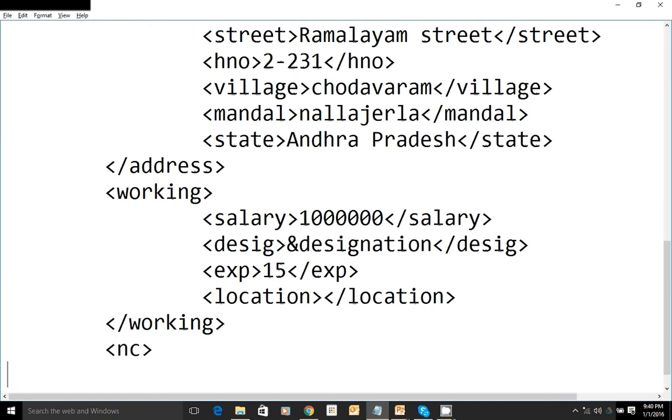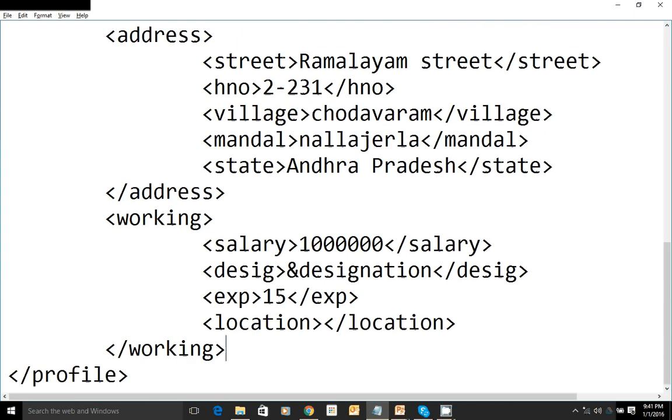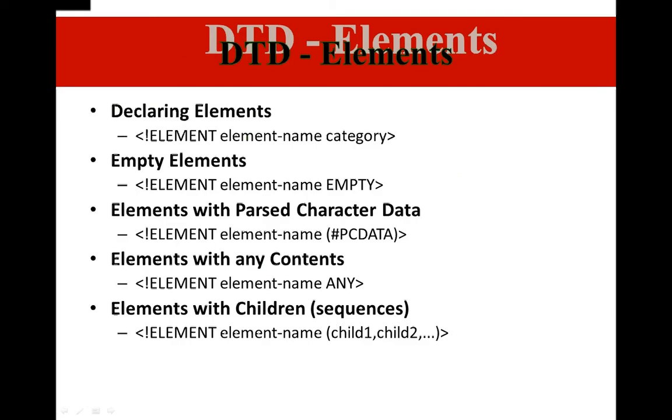Sometimes this name of the company could be anything, like just a simple name, or sometimes it is empty, sometimes it is having some other children. If you find any element like that, we are going to define it as ANY. And of course we have seen the last one.